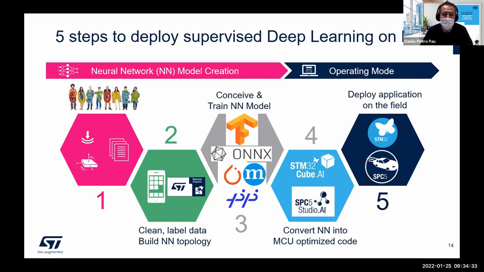So what's the point? I need to take a decision. I need to decide about a sensor. It can be an image sensor, a microphone, an inertial sensor, an environmental sensor, a gas sensor, and so on and so forth. There is a plethora of ways of sensing the environment today.